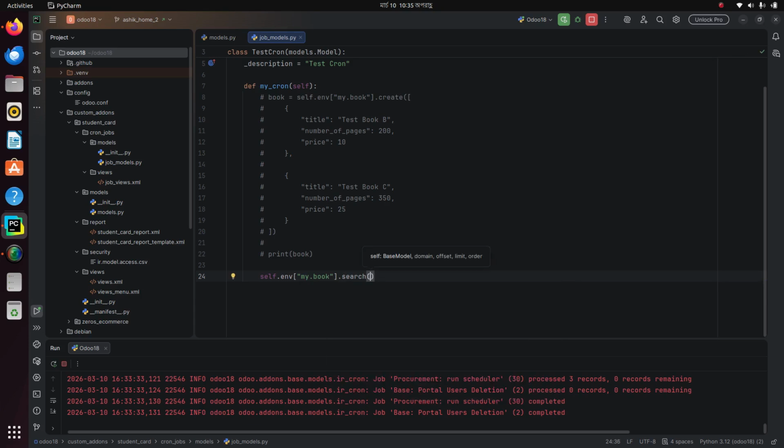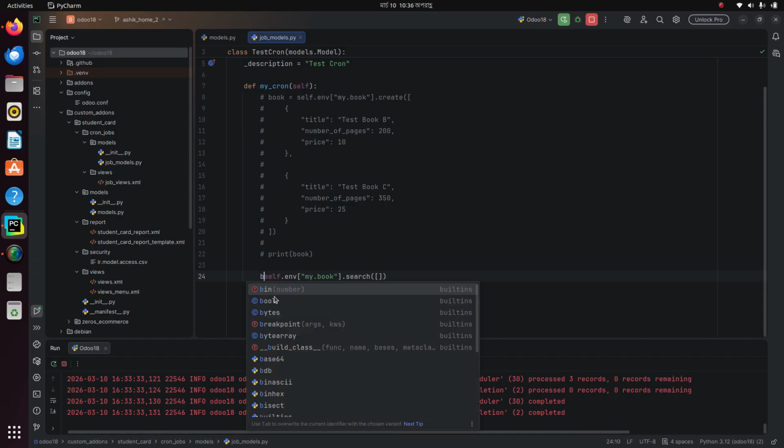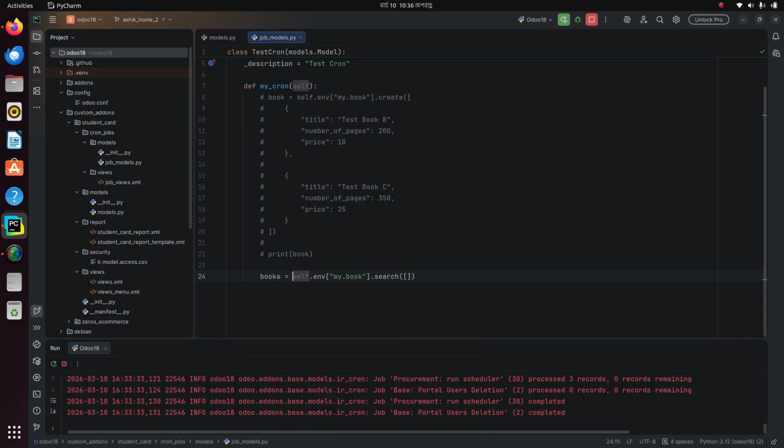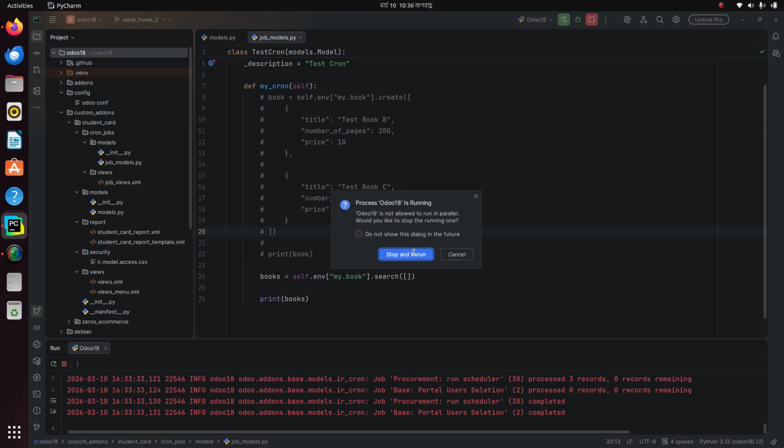Now in this method we have to pass a list. If this list is empty, Odoo will return us all the records that are available in this my.book model. Let's store them inside a variable named books. Now print this books variable. Now reload our server